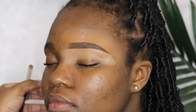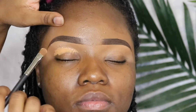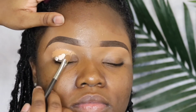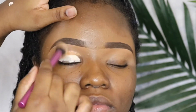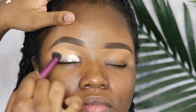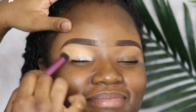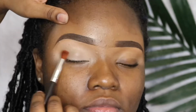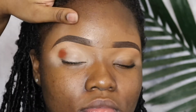Now I'm just blending that out with my Real Technique brush to give it a nice smooth transition. And we're going in with some of that MAC concealer, and that is NC50. What I normally do is put the P.Louise base underneath that MAC concealer, and I blend the two together, because I feel like the MAC concealer gives me a nice transition, and the P.Louise base and the MAC concealer work well together. Now going in with my Zulu palette, and I'm using that brown color from the Zulu palette,